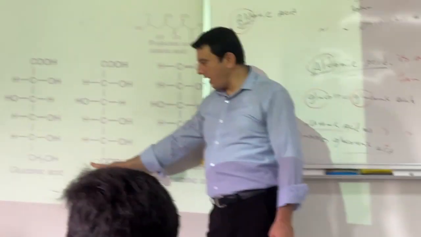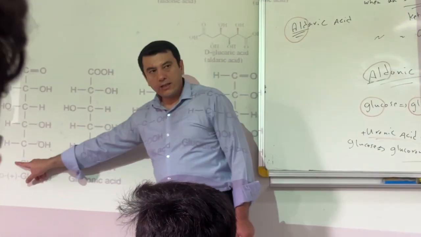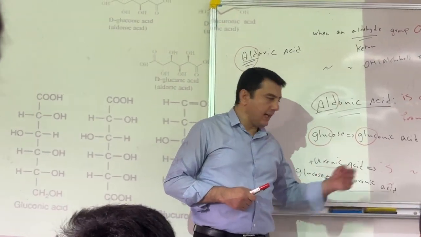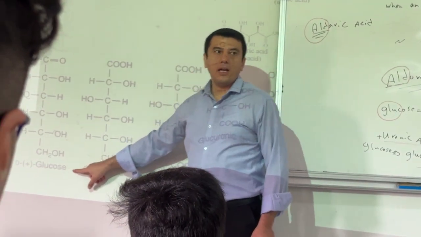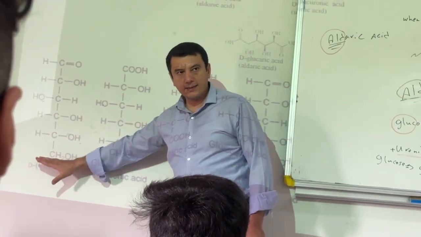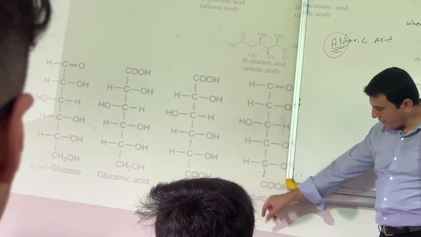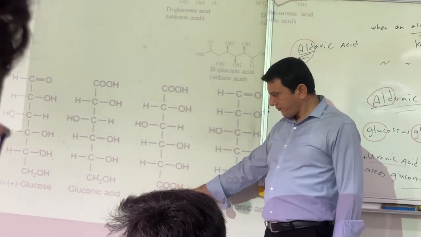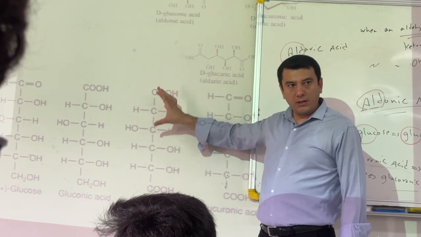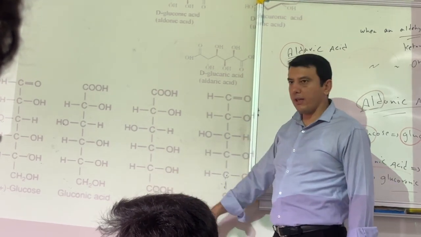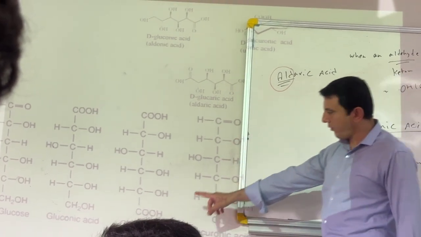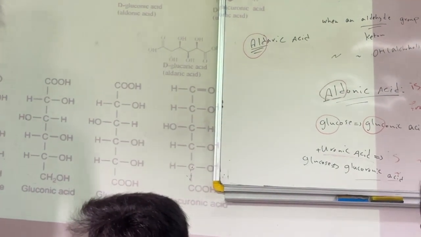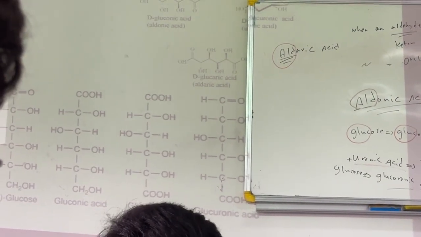The next one is oxidation of carbon number 6. We name such molecules uronic acid. So if the only carbon which is oxidized is carbon number 6, we have a new molecule named uronic acid. For example, glucuronic acid. And finally, if both functional groups are oxidized, we have a new molecule named aldaric acid. For example, for glucose, it is glucaric acid. So, three different